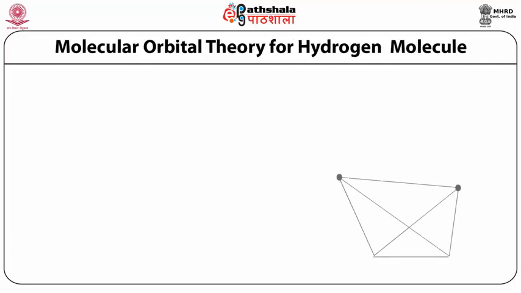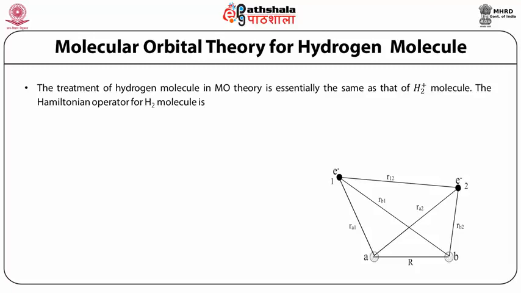Molecular orbital theory for hydrogen molecule. The treatment of the hydrogen molecule in molecular orbital theory is essentially the same as that of the hydrogen molecule ion. The Hamiltonian operator for the hydrogen molecule is